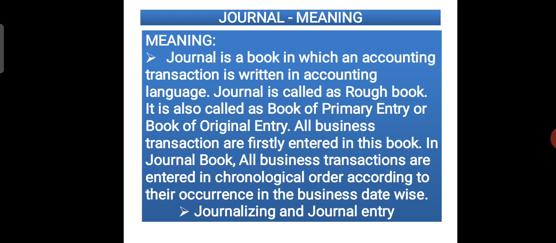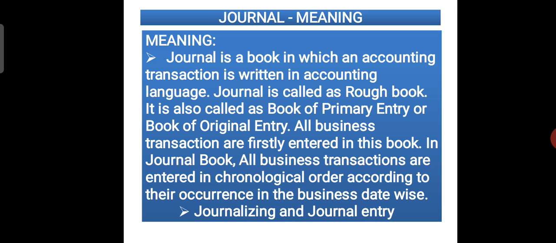As and when the business transaction takes place in the business, immediately, firstly, we record it in the journal. So this book is called book of primary entry,